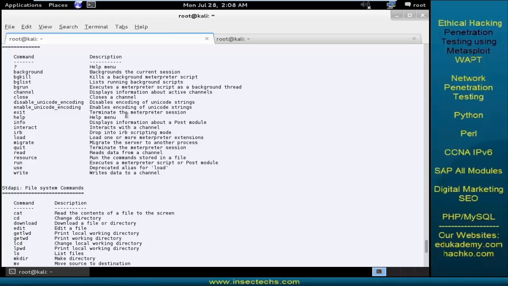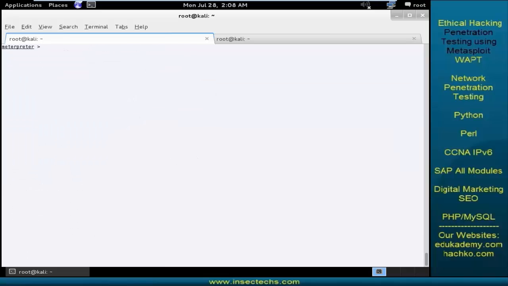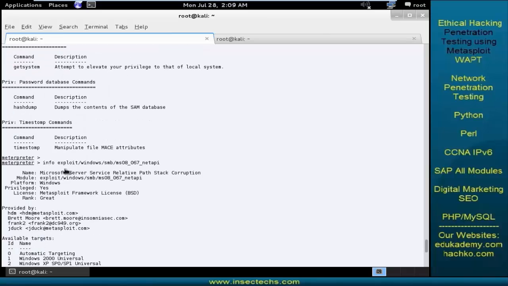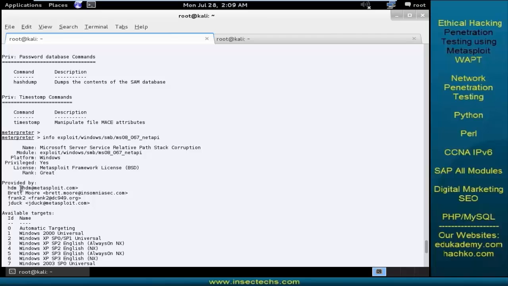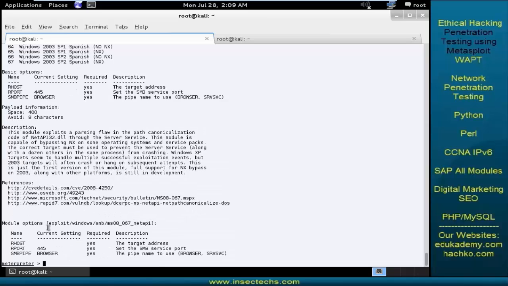use some other command. It is info, okay? So the description here is that it displays the information about a post module, okay? Not only the post module, we can also get the information related to exploits, or even related to auxiliary modules, okay? So let's use this info command and get the information about an exploit. Let it be info exploit windows smb/ms08_067_netapi, okay? So it gives you full-fledged information about this particular exploit: the name, module privilege, provided by, available targets, basic options which need to be filled, payload information, description, and the references, right? And coming to the next